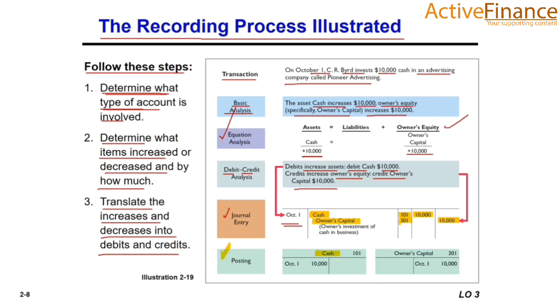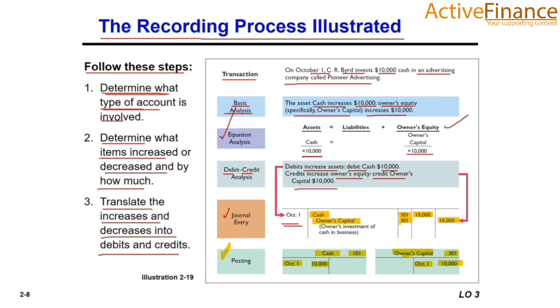The first is cash, so here we will provide the account number, and if the cash increases, we will record it on the debit side. We will provide the date and record on the debit side. So this is the first posting entry of cash. In the second account posting, owner's capital, this is the account number and this is the date of the posting, which is first, and if capital increases, we will record it on the credit side. So we have posted the first entry.